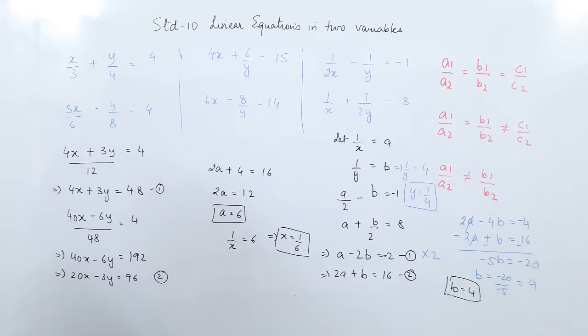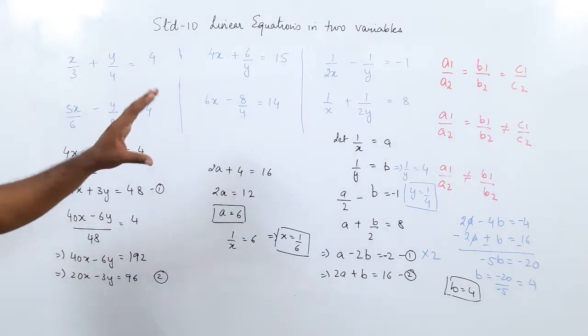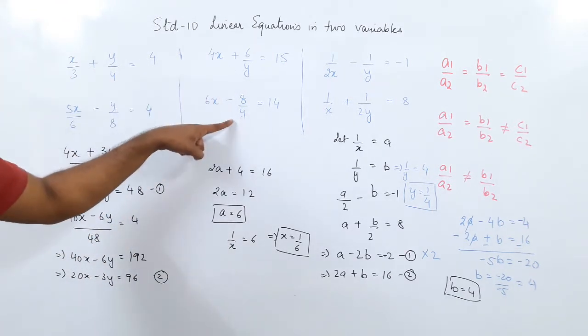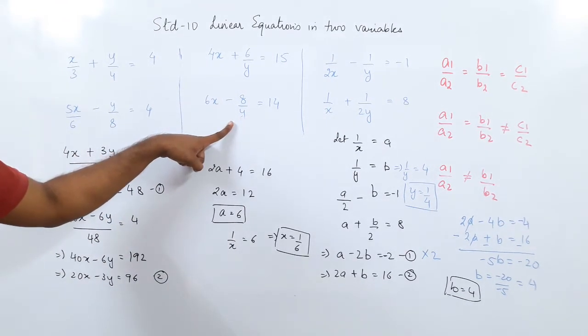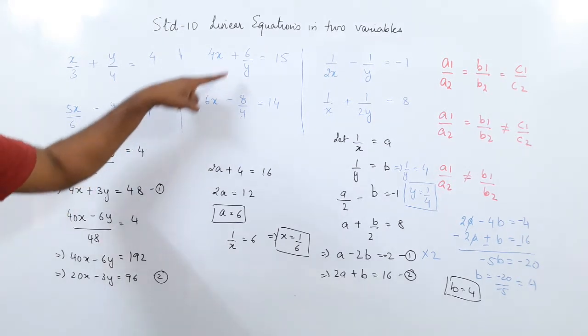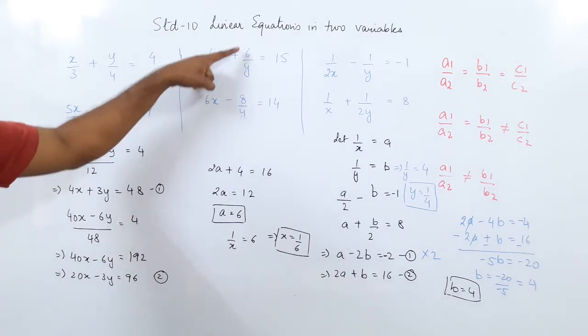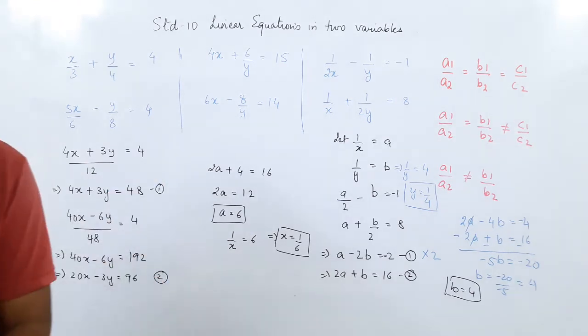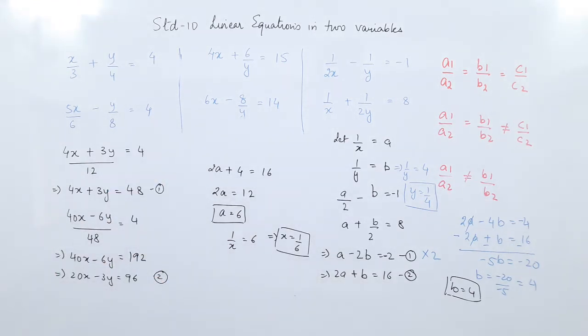Some equations were direct. Then we did a few problem sums in which we made the equations and then solved the equations. And what are these called? These are called equations in reducible forms. You can see this 4x, but it is 1 upon y. So it is 6 upon y. So 1 upon y we took as b and we solved the equation. Now we are going to try some more different types of reducible sums. Okay? Reducible equations.